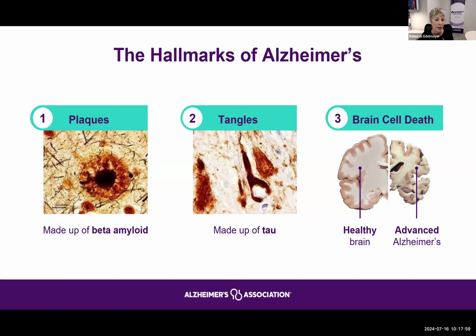We all have beta amyloid and tau in our brain, but at some point the disease causes them to become dysfunctional and disruptive, and they deteriorate the cell health in the brain, both of the neurons and even the glial cells, the immune cells that help keep the brain working efficiently. And so the cells affected by some of these changes will die in areas of the brain that are really important for our memory, our thinking, our behaviors, our personalities.